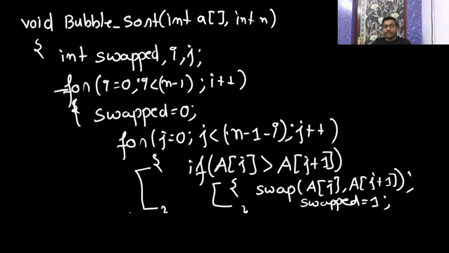Now after this inner for loop, I am checking if swapped is equal to 0. It means you haven't done any swap, which means the array is already sorted. So no need to do another iteration. Is it clear? In this way it will reduce the time complexity. Now it has adaptability. If the array is in ascending order, it is not going to take big O of n square every time. Please let me know whether it is clear or not.